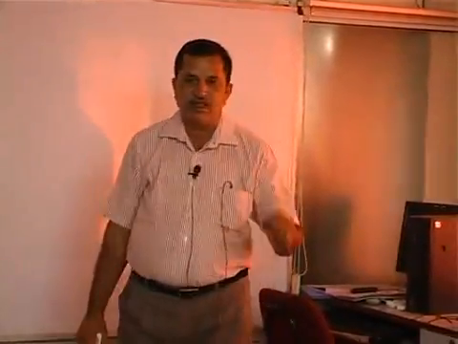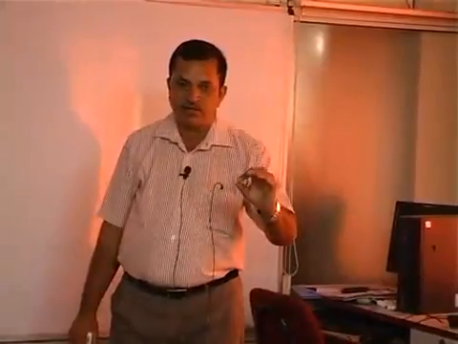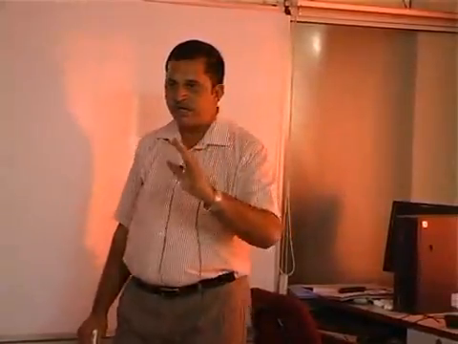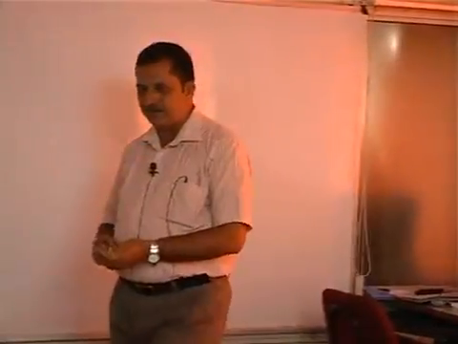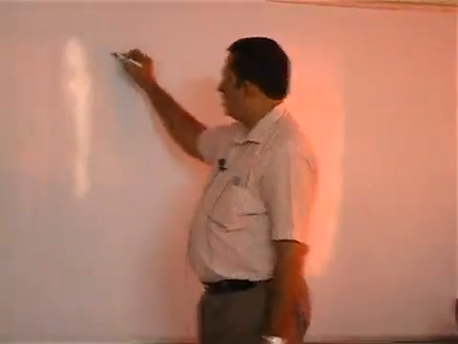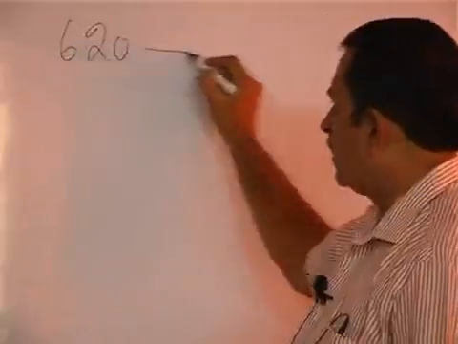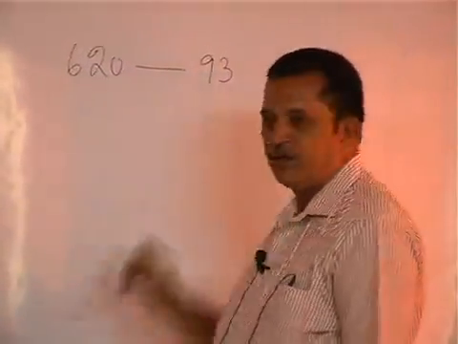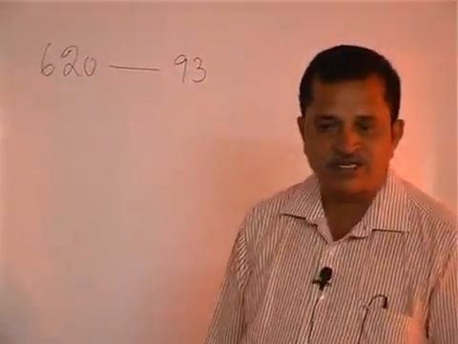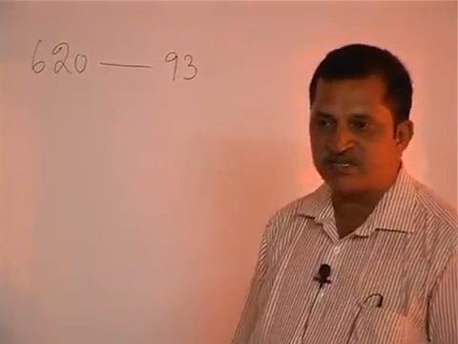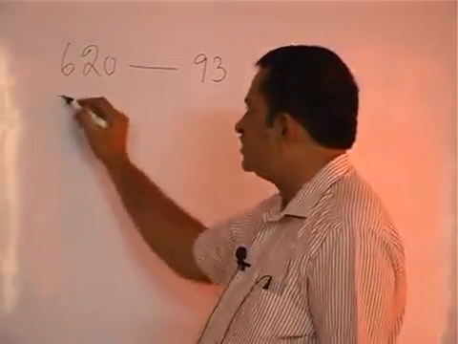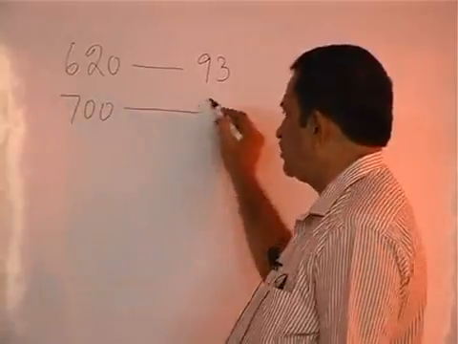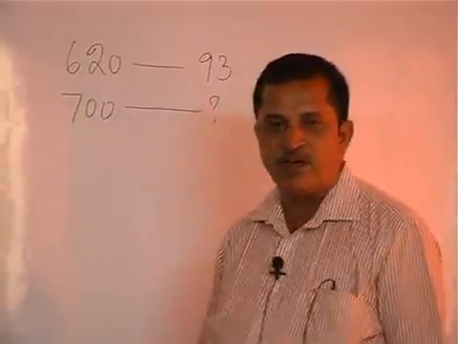Selling an article for rupees 620, a man loses 7% means 620 will be equal to how much? 93. What is his gain or loss percent if he sells the same article for 700 means 700 will be equal to how much? If we get the value more than 100,